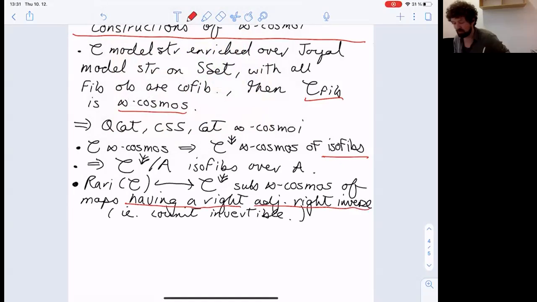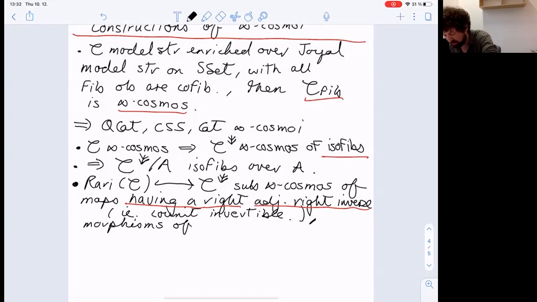This is very obscure, but you should think of, for example, these guys being stable under pullback, but you wouldn't be able to pull back a general adjunction. So we have these RARIs, but the important thing is that this is not a full subcategory. The morphisms are the morphisms of adjunctions. What does that mean? You have a commutative square whose mate is invertible.